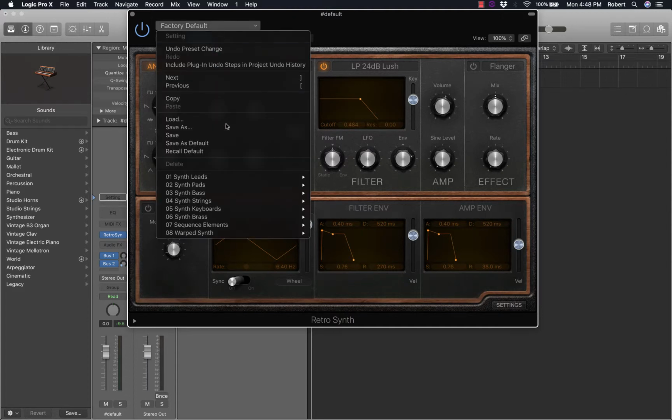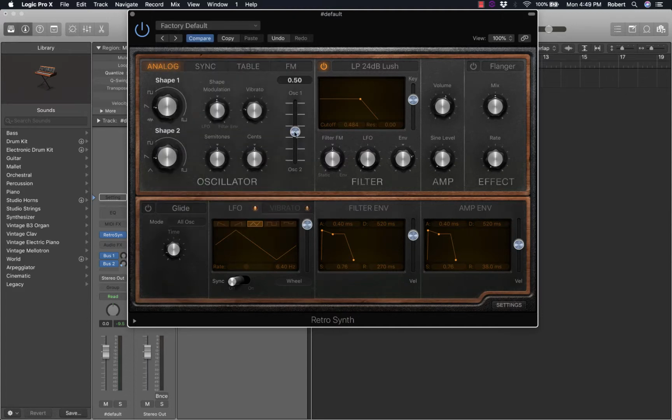Going back to the factory default setting, oscillator 1, I will now explore the wave shape. So going from a square wave to, I'm not quite sure what you would call that, but it's an elongated square wave when you look at it. So if I put that somewhere in the middle,